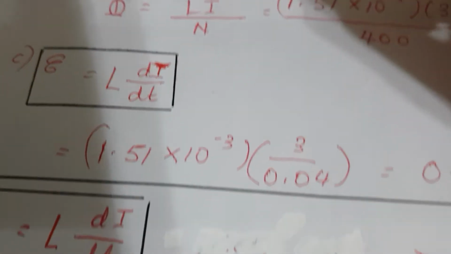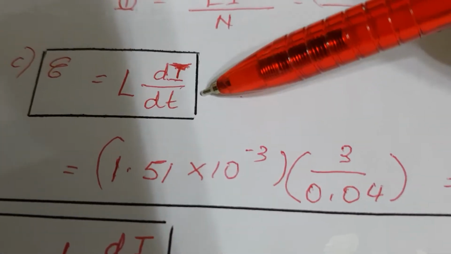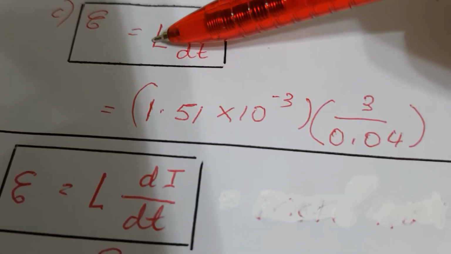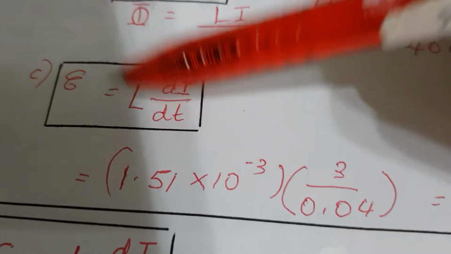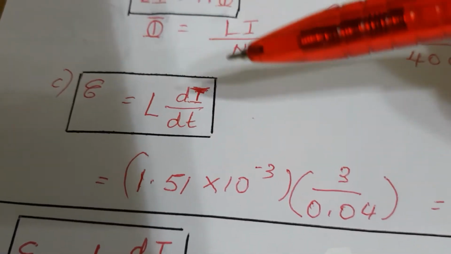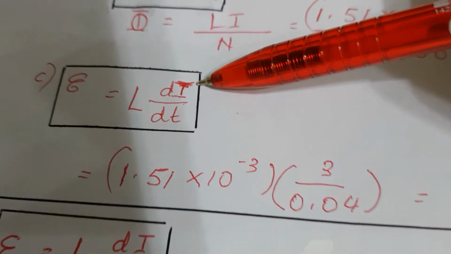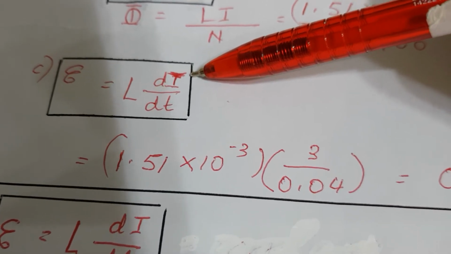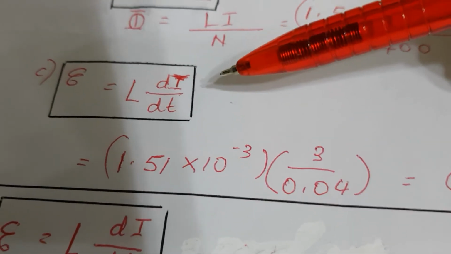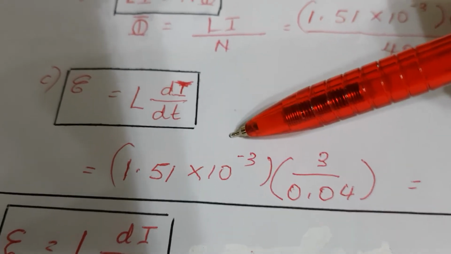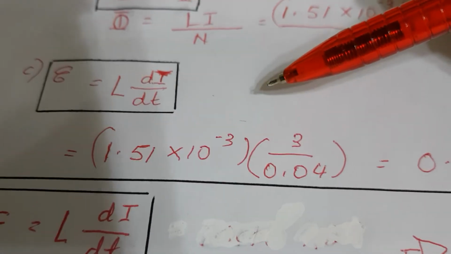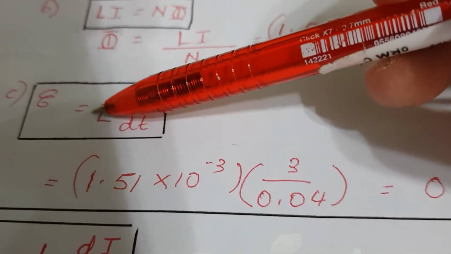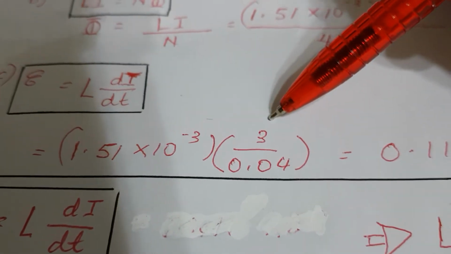Now when you go back here, it's negative L di per dt. You will look here that teacher did not put the negative sign. There's a negative sign in the formula. Why I need not put? Because I have taken di per dt as negative, isn't it? Decreases from 3 ampere to 0. So final minus initial. Final is 0, initial is 3. You're going to get negative 3. Negative 3 times with the negative sign here, you're going to get a positive answer. That's why straight away I just put a 3 here.